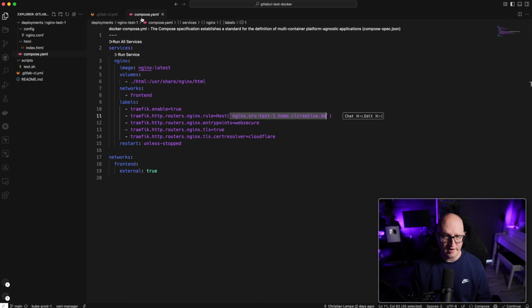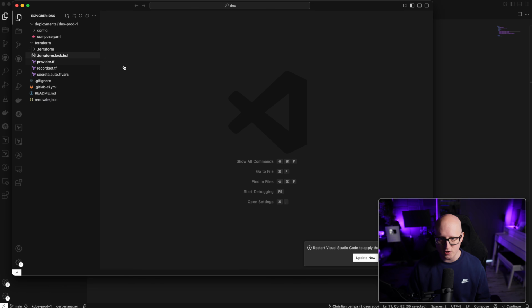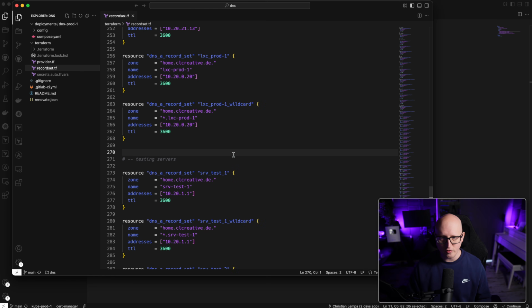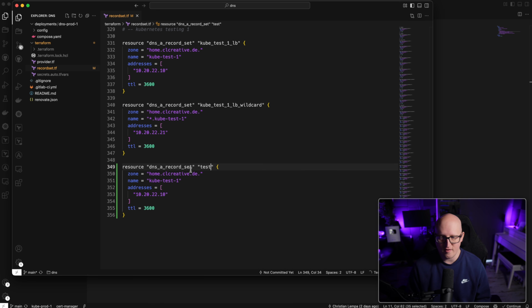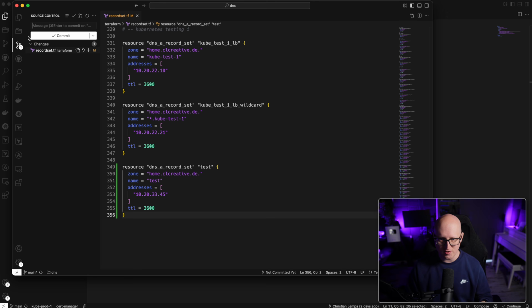It's pretty simple. Whenever I need a new DNS entry, I can just go in here, go to the record set, and just add a new entry here. For example, I need a new test entry for a new server that I'm deploying that is called test.home.ccreative.de, and this should be the IP address 10.20.32.45, whatever, right? So this is a change that I push to the Git repository, commit the change, and when